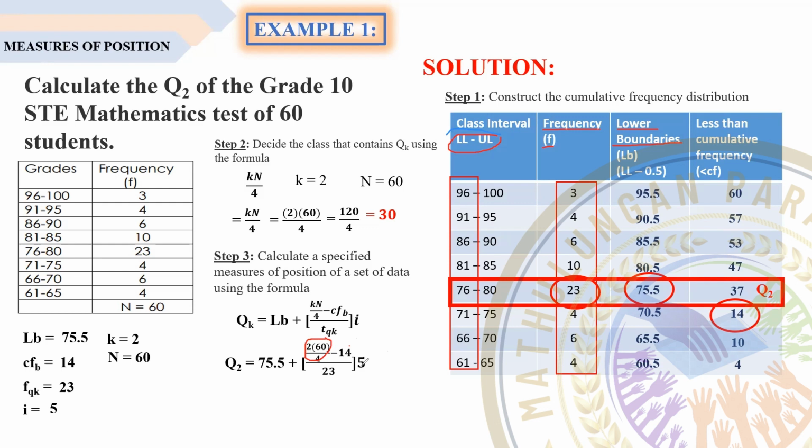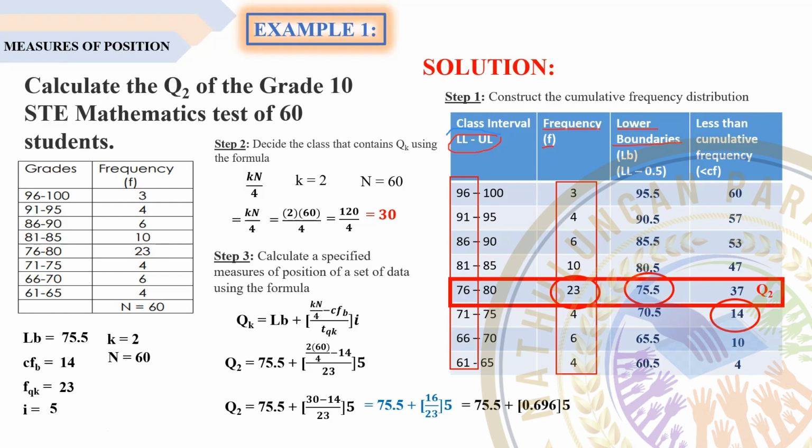Next to that is, let us simplify. Simplify muna natin yung 2 times 60 divided by 4. So, therefore, 75.5 plus 2 times 60 divided by 4 is 30 minus 14 all over 23 times 5. Now, let us simplify naman yung 30 minus 14. So, 75.5 plus 30 minus 14 is 16 divided by 23 times 5. So, i-divide naman muna natin yung 16 divided by 23. So, 75.5 plus 16 divided by 23 is